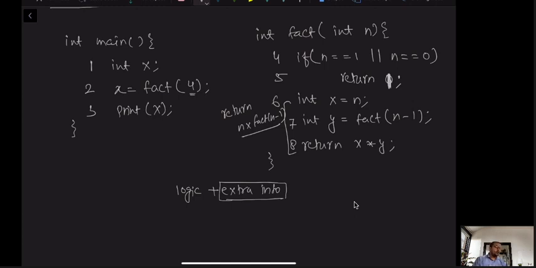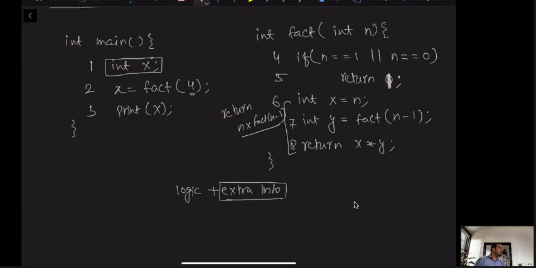Let's say you have declared integer x. You have just declared it, but where is this x residing? Whether it is in a register, in cache, or in memory, that has to be taken care of by our compiler, because it has to refer to it again and again, since we have to evaluate it.